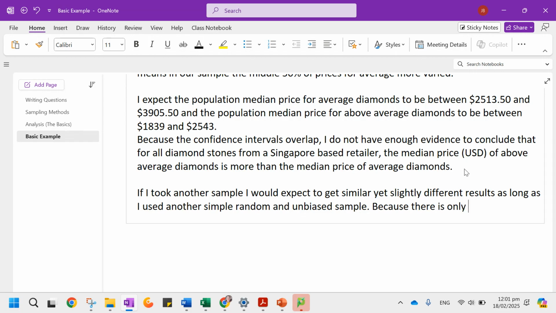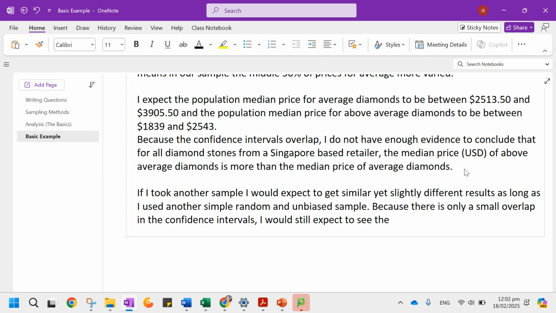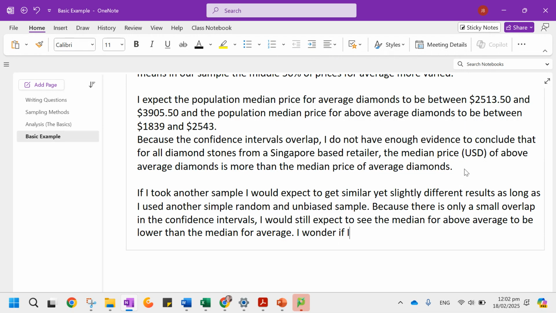Because there is only a small overlap, we can't parrot that because it might be different in your one, overlap in the confidence intervals. I would still expect to see the median for above average to be lower than the median for average. And you can put I wonders. I wonder if a larger sample